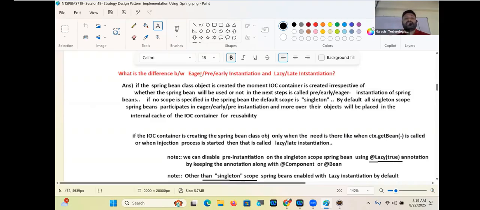What is the difference between eager, early instantiation and lazy instantiation? If the Spring Bean class object is created the moment IOC container is created, irrespective of whether it is used or not,